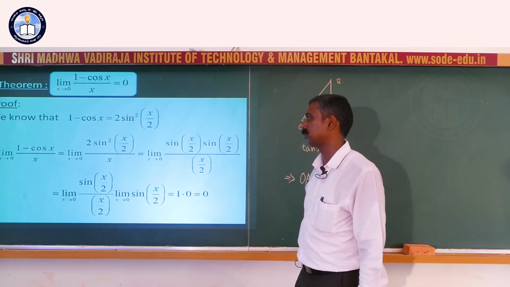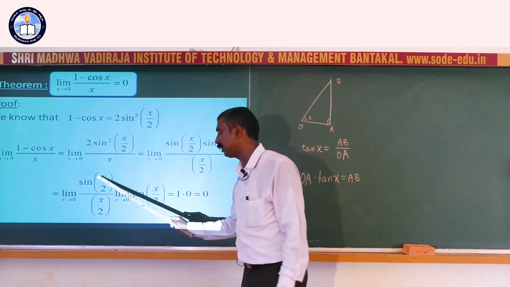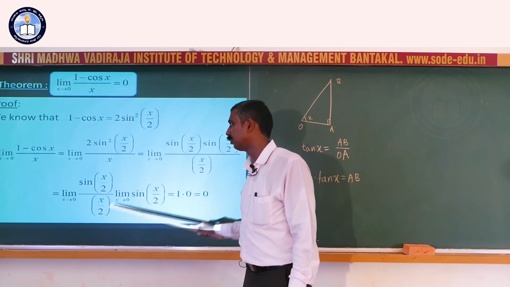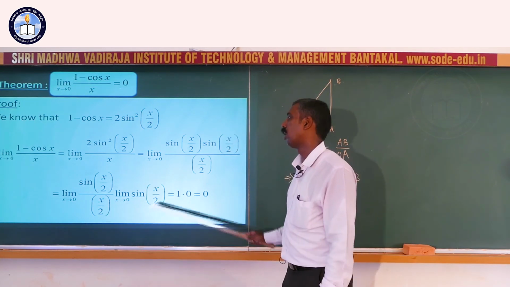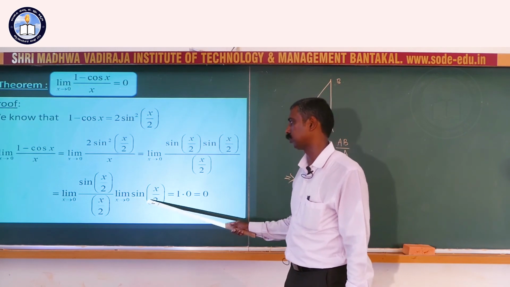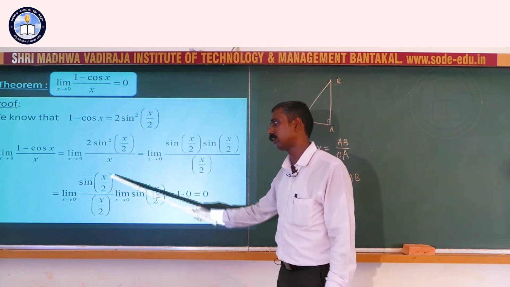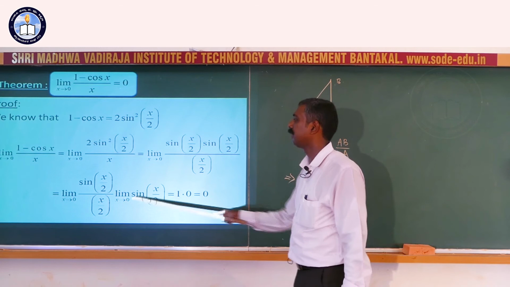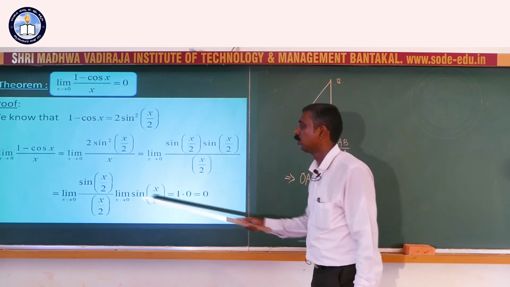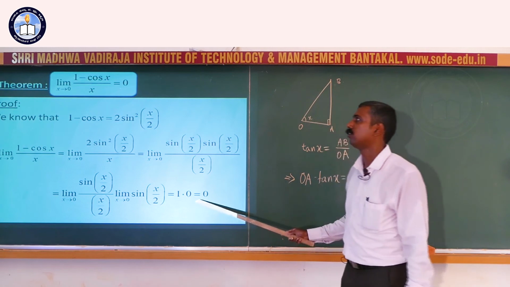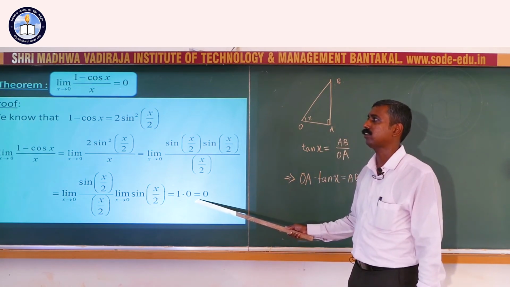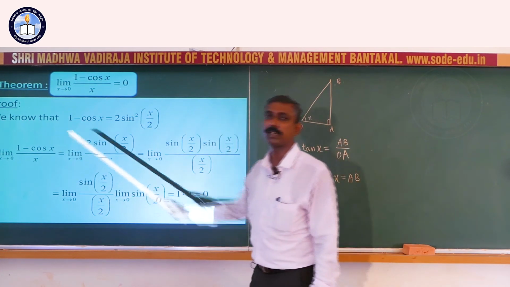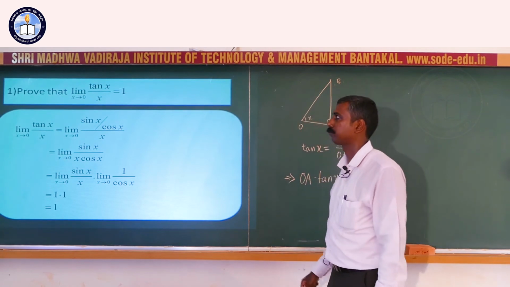From the previous theorem, we know that sin x by x, or sin theta by theta, as theta tends to 0, is 1. This whole expression becomes 1, but this one, as x tends to 0, is 0. Here it was a 0 by 0 indeterminate form, but the theorem helped us get the value, which is 1. But here we can directly apply the limit and it becomes 0. So, 1 into 0, we have 0 as the final limit value. That was for the limit x tends to 0 of 1 minus cos x divided by x.